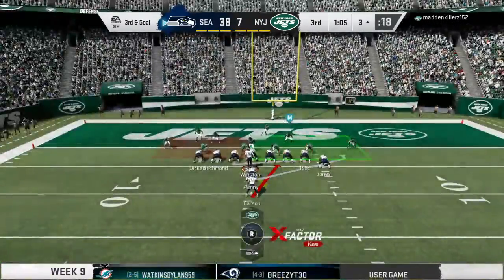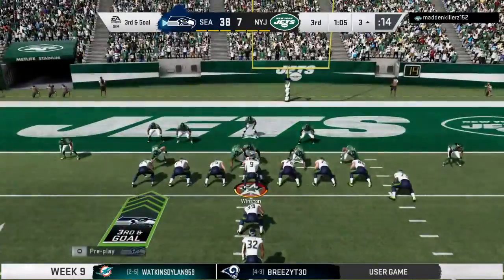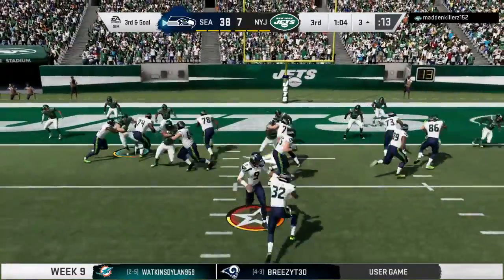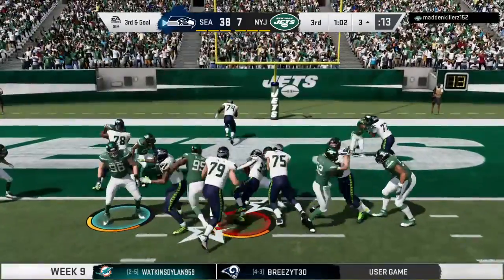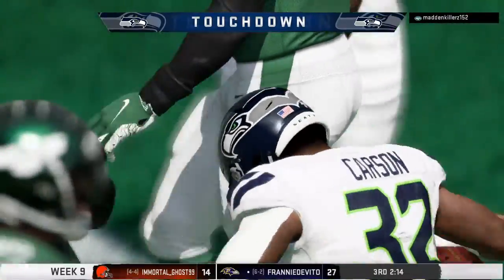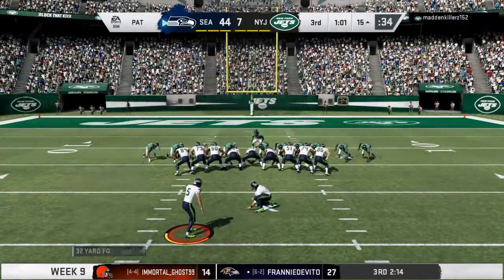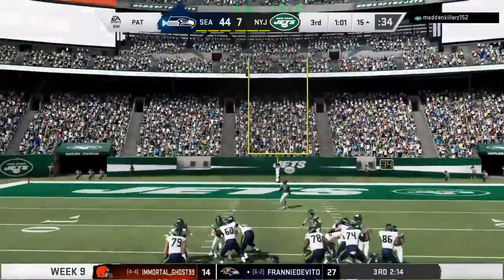They've been so good on third down all day long. Can they convert another here on third and goal? They'll try to run with Carson. And he's across the chalk into the end zone. Touchdown, Seahawks. Chris Carson, his 5th touchdown now on the year, as his guys continue to put this one out